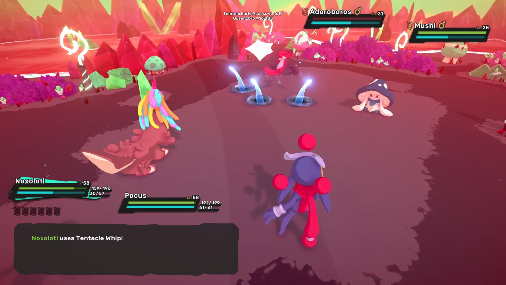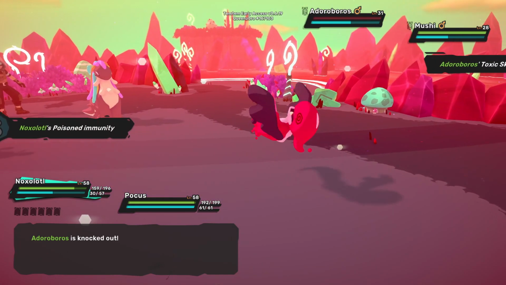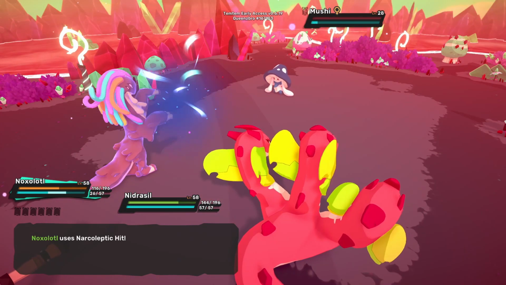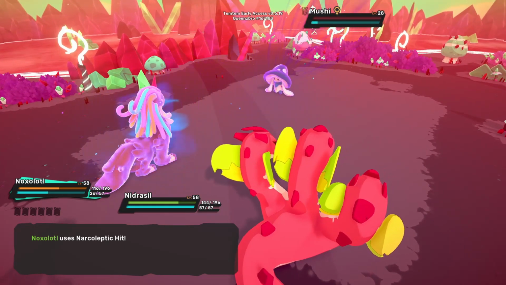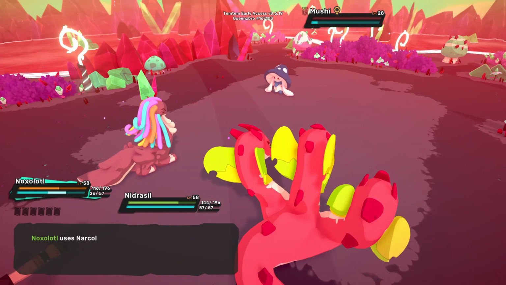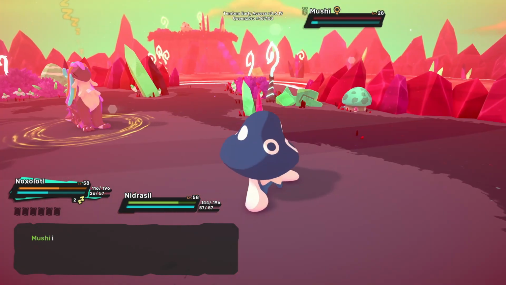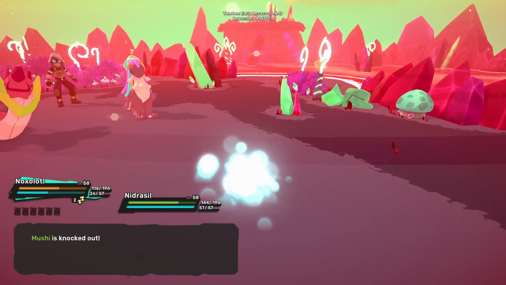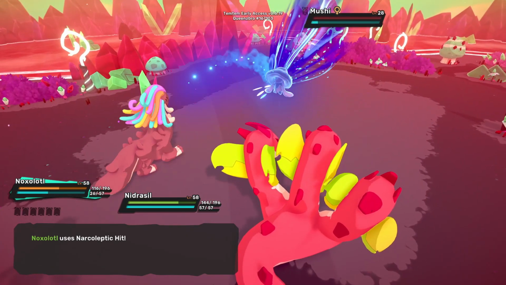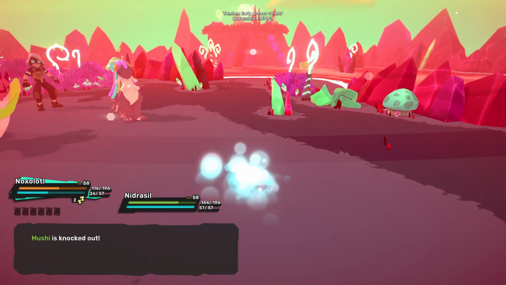So the first thing you want to do before you start leveling up your Temtem is to breed it so you can learn the egg move called Noxolotl Hit. Noxolotl Hit is a mental physical attack that does 150 damage to a single target and inflicts the user with the asleep condition for 2 turns, which is a great technique because it takes advantage of the effect of the